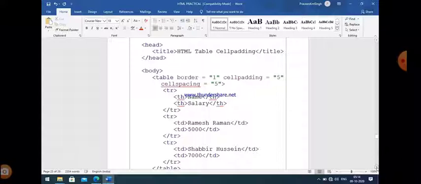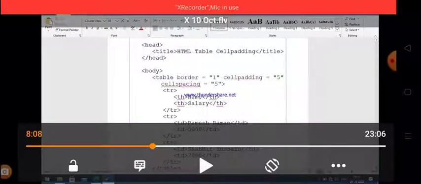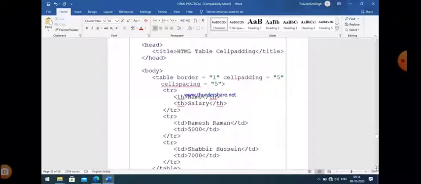And if we want to increase the space between the content of the cell and the boundary of the cell, then we use cell padding. That is the basic difference between cell spacing and cell padding. I repeat it again. Cell spacing means space between different cells, and cell padding means space between the content of the cell and the boundary of the cell.